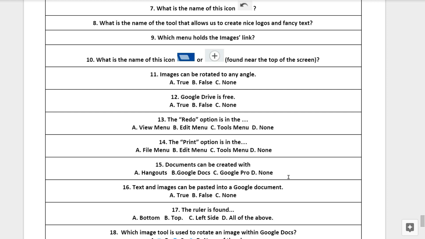Question number 11. Images can be rotated to any angle. Is this A, true, B, false, or C, none of the above? Question number 12. Google Drive is free. Is this A, true, B, false, or C, none of the above?